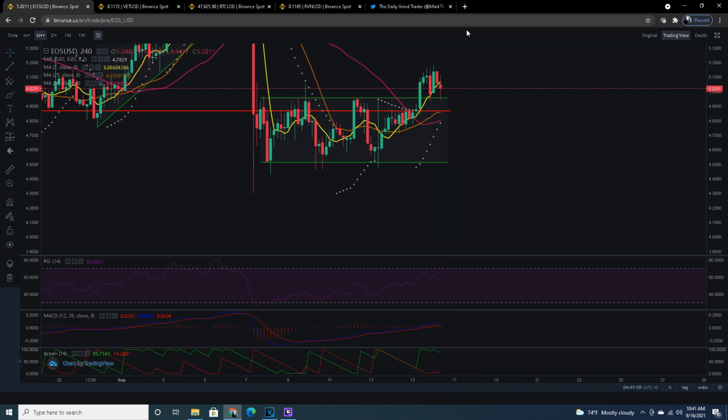But if it comes back down, it comes back in. If it goes below, this was a strong resistance. 7 candles on a 4-hour chart hit this without being able to break it. If it falls below that, there's going to be resistance again, and we're likely to go back to the bottom of the channel. This line here,